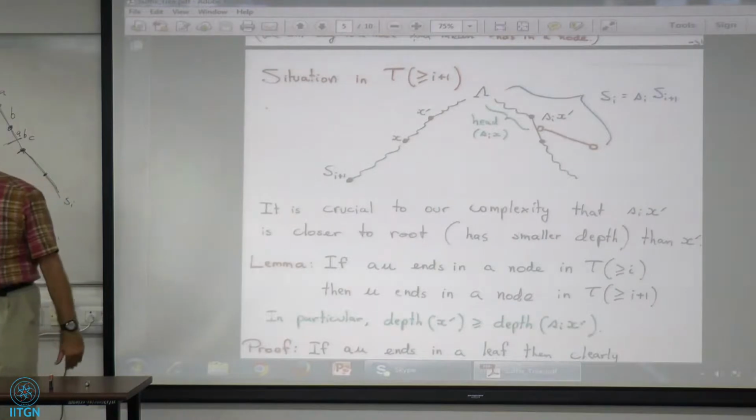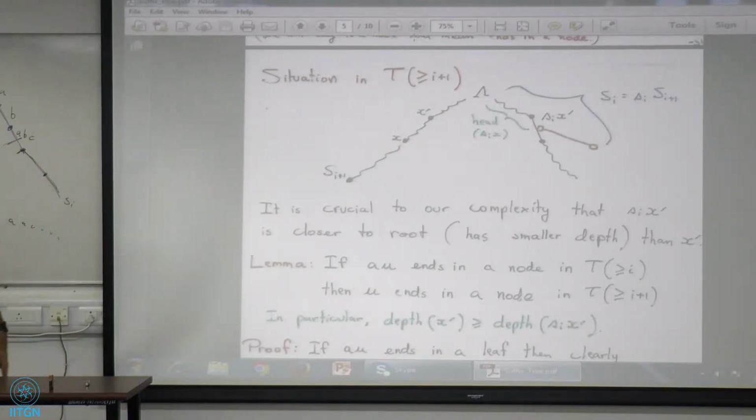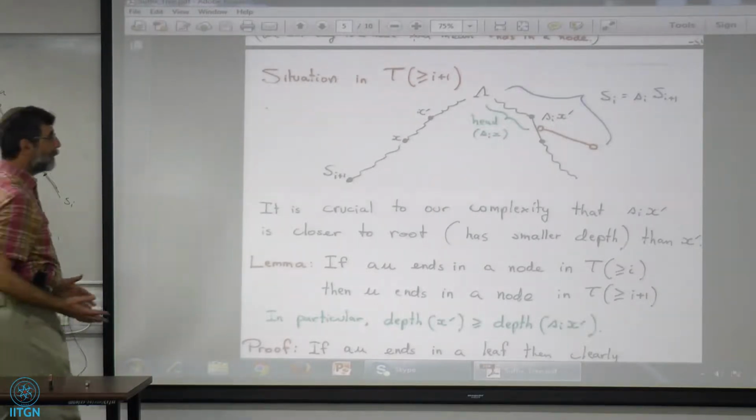And that lemma is crucial for our time, because eventually this thing needs to be linear. So you need to know that you don't go up n, and then go up n, and then go up n, and then go up n, and you do that n times, so you're doing n squared work. So what you want to do is